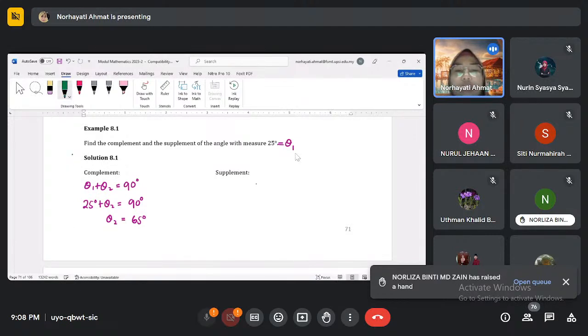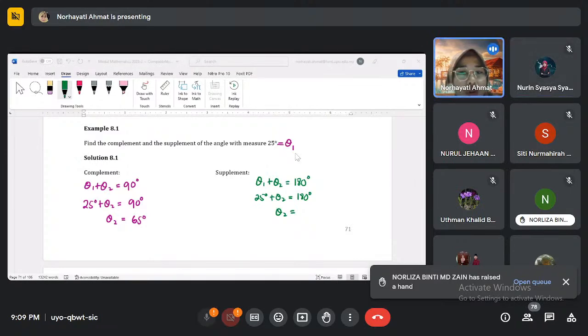Supplement. Kita ada theta 1 plus theta 2 equals 180 degree. Sama juga lah macam tadi. We replace theta 1 as 25 degree, plus theta 2 equals 180 degree. Therefore, theta 2 is equal to